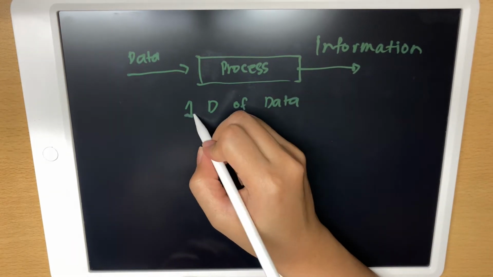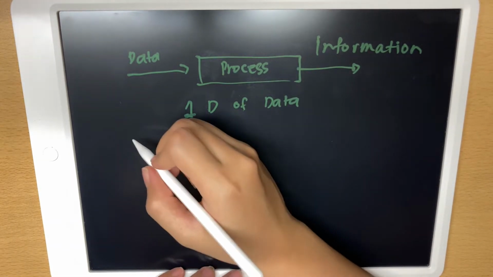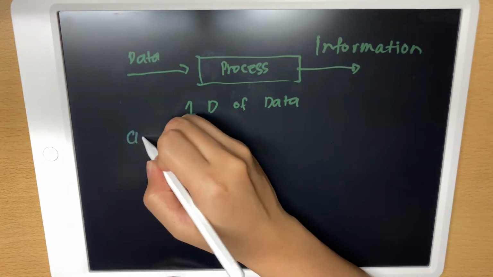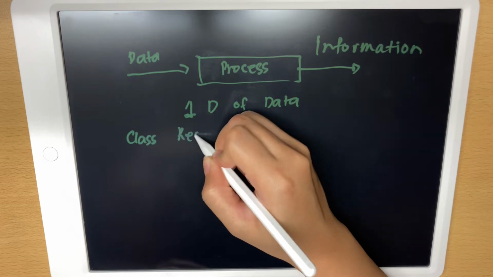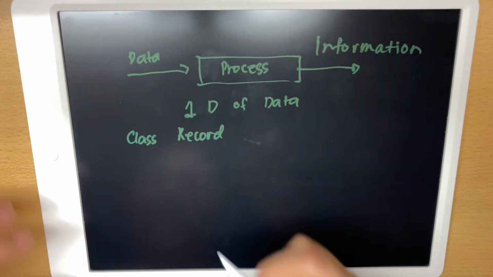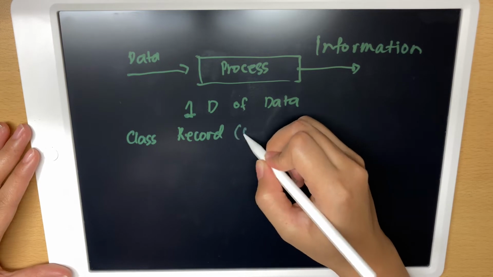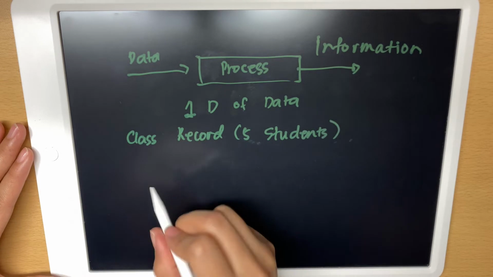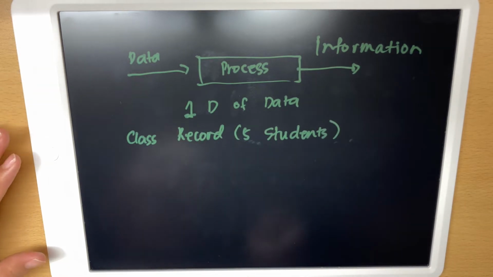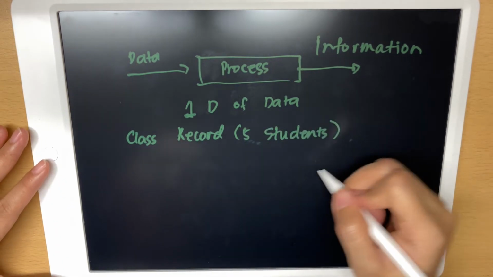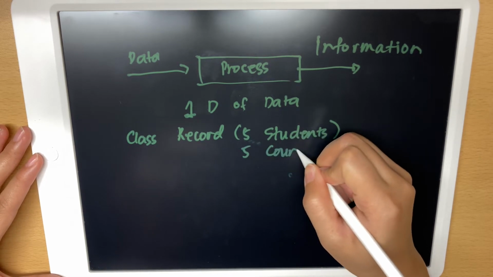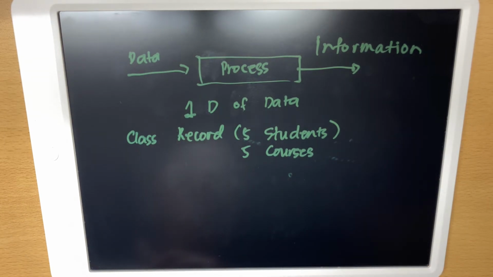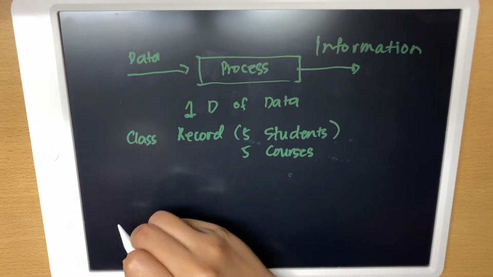So let's say we have here, as you may have seen, the class record, wherein we have, let's say, 5 students. And of course, each student has taken 5 courses, and thus in each course there will be a corresponding grade, and in the class record it will show you